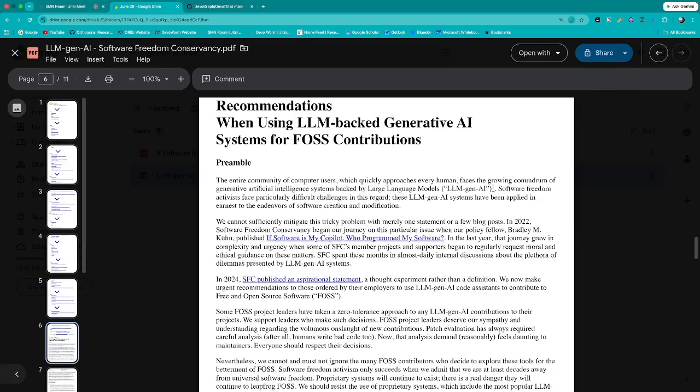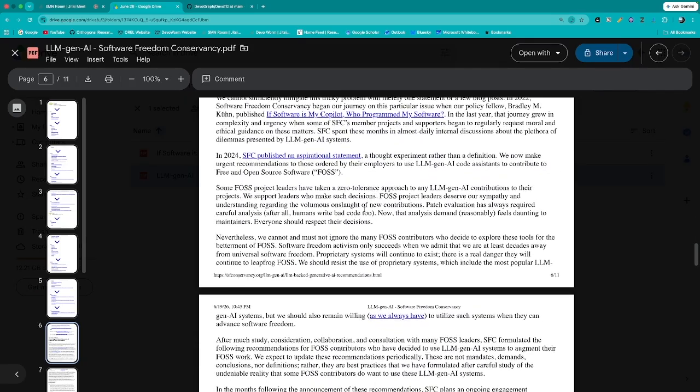Patch evaluation has always required careful analysis because humans can write bad code, machines can write bad code, and you need to be able to have these checks in the pull request acceptance process. Now, that analysis demand reasonably feels daunting to maintainers, and everyone should respect their decision.